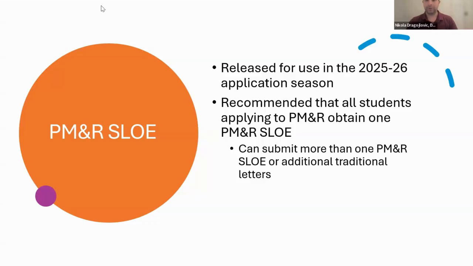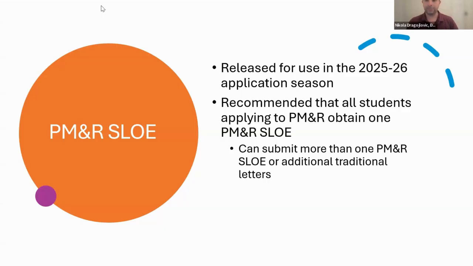And we've already been talking to program directors a lot about this. We have the help of the Association of American Medical Colleges, the AAMC. Those are the people that run ERAS, right? The AAMC is already contacting your medical schools, and for those of you who are applying to PM&R, your advisors should be hearing about the SLOE already if they haven't. To help facilitate you doing well and the SLOE going well, we've asked you all as medical students to get a PM&R SLOE for the application season.